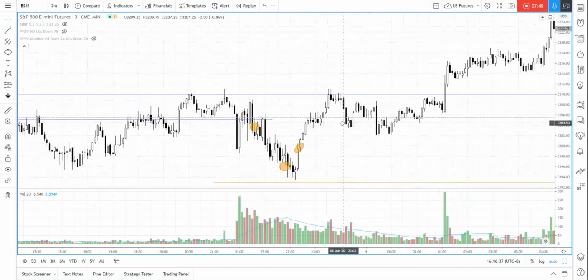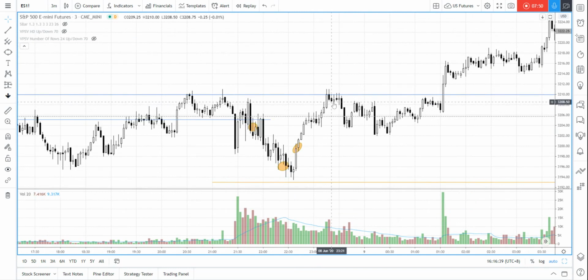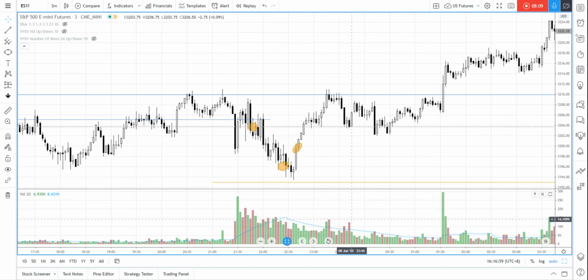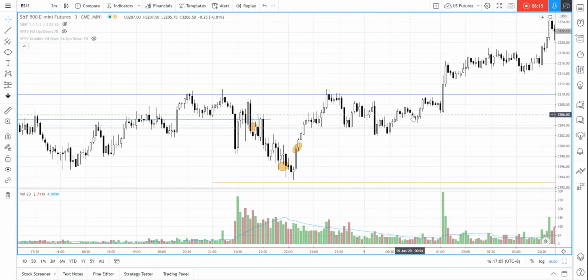And subsequently, you can see that we didn't really have any significant reaction. After that, we have a test of this resistance level at 3210, followed by just a minor reaction. And eventually, we form kind of a rounding and have a higher low here. But you can see that overall, the supply level just went down, and we have very low volatility towards